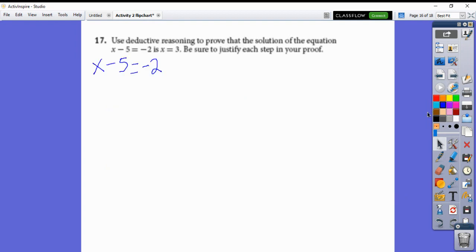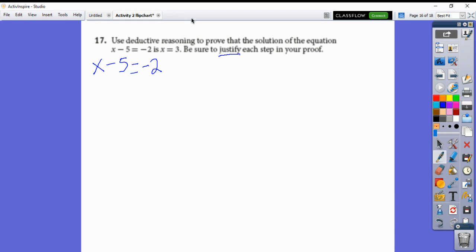So now we're going to look at how to use deductive reasoning together with what you did in algebra class to do an algebraic proof. Use deductive reasoning to prove that the solution of the equation x minus 5 equals negative 2 is x equals 3. And we're going to look at what this means when it says be sure to justify each step in your proof. So pretend you were in Algebra 1 class and your teacher said, all right, you're going to solve this equation, but you're going to show all your work. It's the same type of thing here, but we're going to show our work and explain why we know that